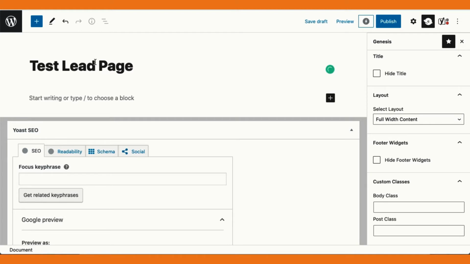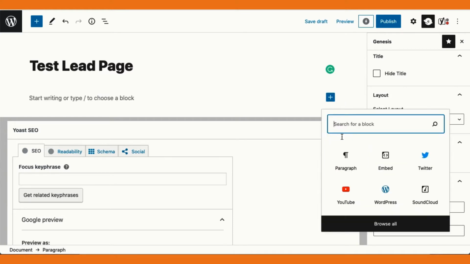Now it's time to start creating our content. And if I click inside this box, I could just start typing if I wanted to. But what I really want to do is create a block within Gutenberg, which is the operating system for WordPress, that will make the layout a little prettier. So if I click on this plus button instead, if I go into Browse All,